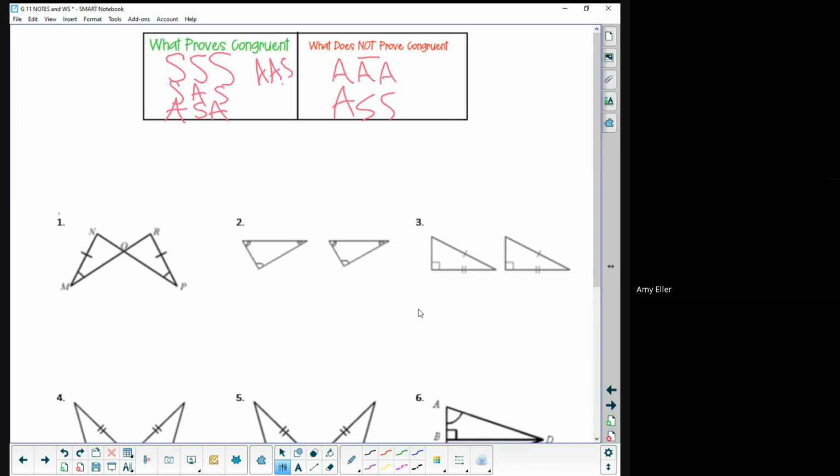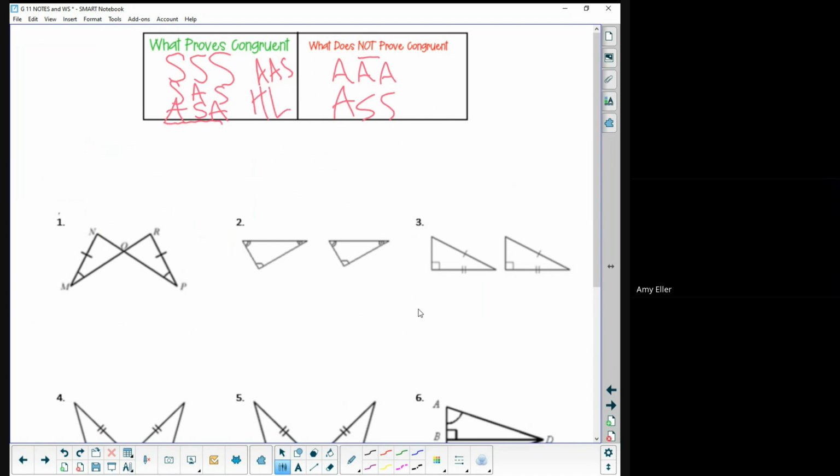This one here could also be written like this. You don't need to write them both. Just know that as long as the angles are together and the side is on the outside, not the inside like this one, they're different. So I would accept it either way. And then there's one that has these letters,